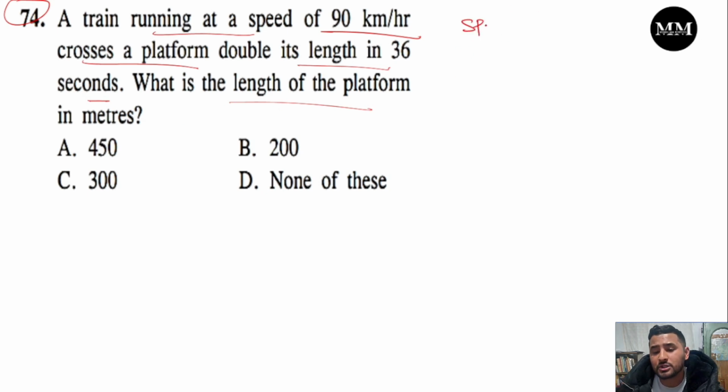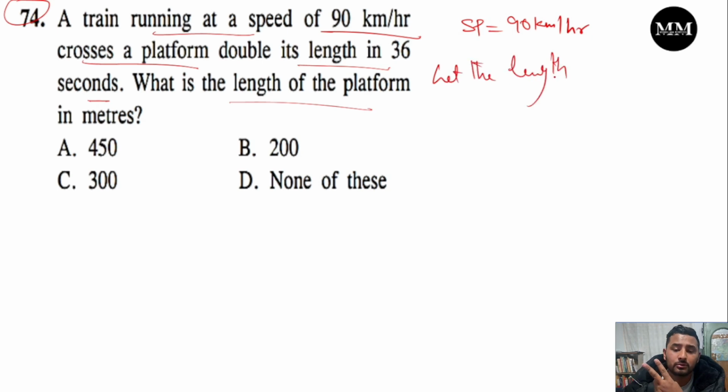So speed of train is how much? 90 km per hour. Okay, crosses a platform. So you have to use it like this. First you have two lengths: length of a train and length of a platform. So let the length of the train be